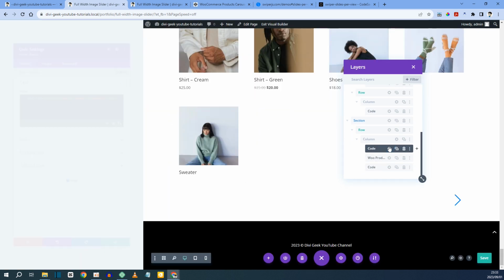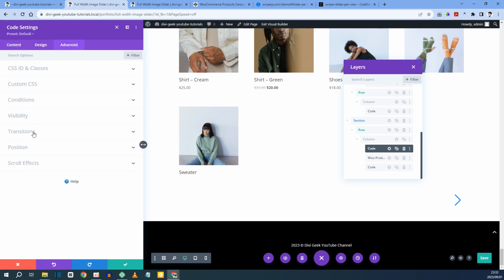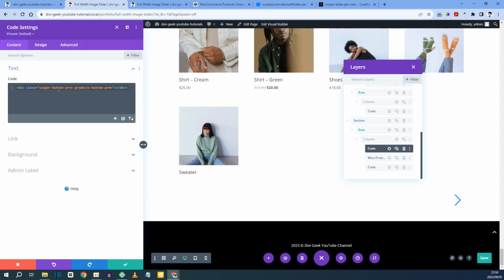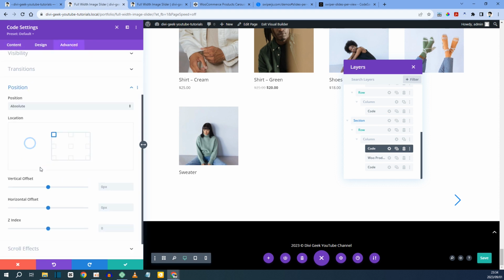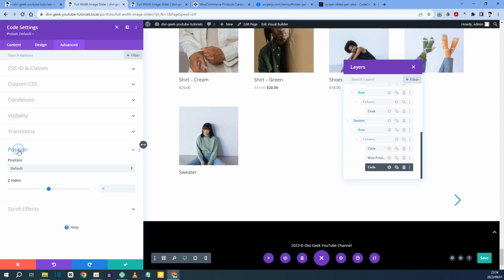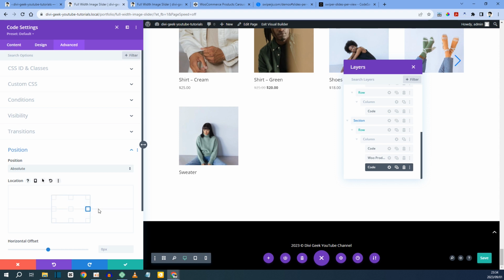Let's go to this code. Let's go to advanced, position. And remember, we gave it a position of absolute in the other videos. And what is this one? This is the previous. So this will be on the left-hand side. So just make sure it's in the center on the left. And if we go to the other code module, go to advanced, position of absolute, and we want it on the right center. Let's save that